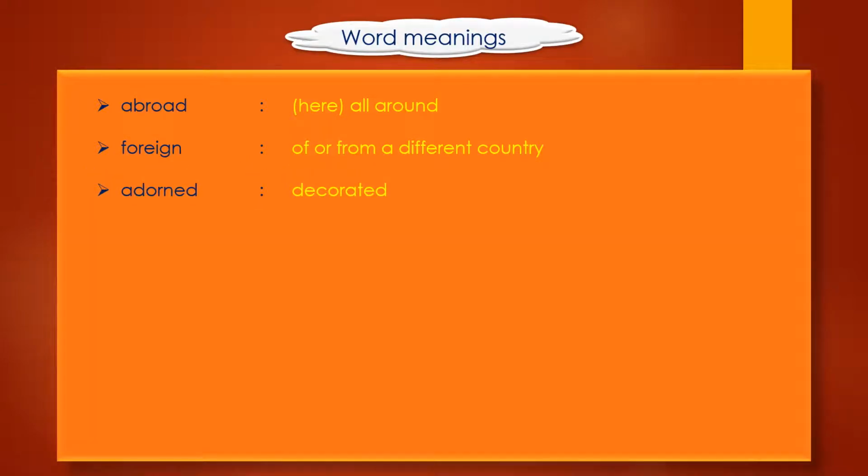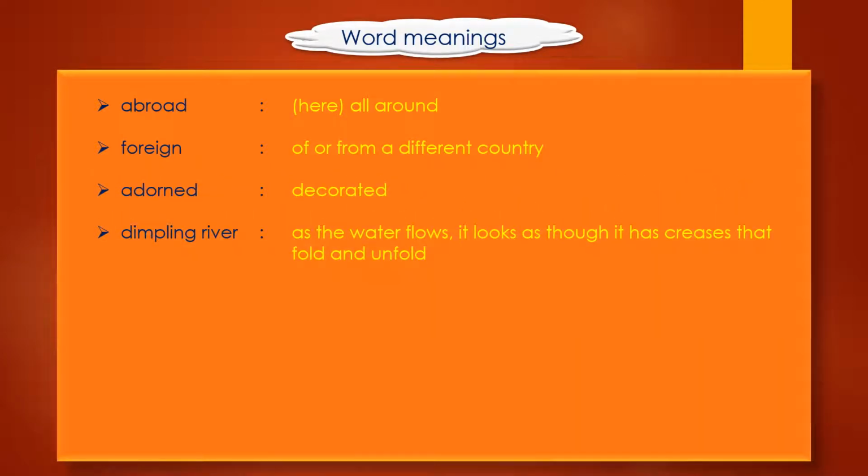Adorned. Here adorned means decorated. Children, if you remember the second stanza of the poem, the child was saying that I saw the next door garden lie adorned with flowers before my eye. So when the child saw the next door garden, what did he see there? He saw that the whole garden was decorated with flowers. It was full of colorful flowers, isn't it? That's why it seemed to be a decorated one to the child, right? Adorned with flowers means decorated with flowers. So adorned means decorated, right? Now the next word